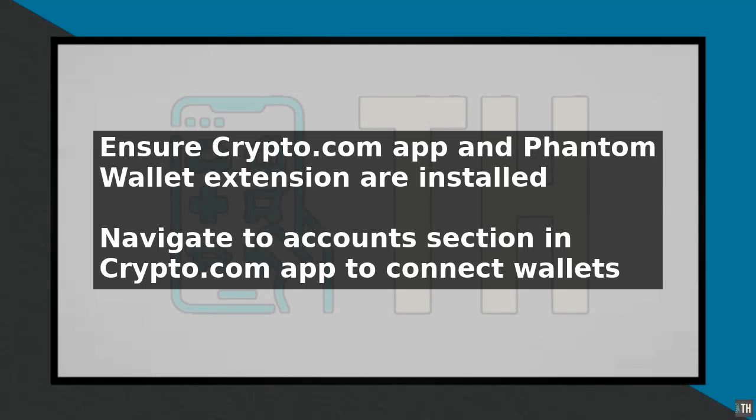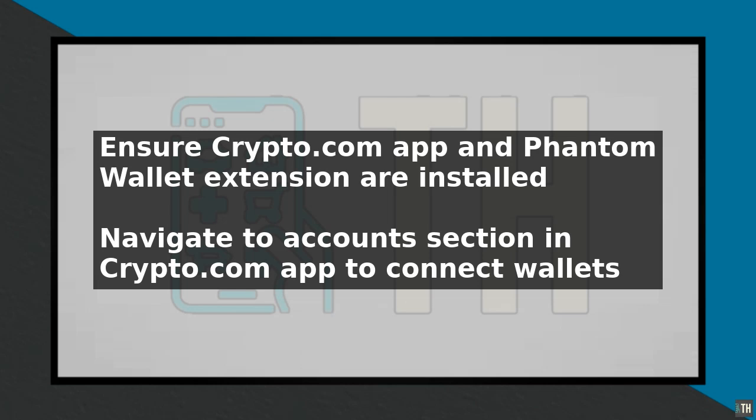To connect Crypto.com to Phantom Wallet, you need to follow a series of steps. First, ensure you have the Crypto.com app and Phantom Wallet extension installed on your device. Start by opening the Crypto.com app and navigating to the Accounts section, where you will find the option to connect